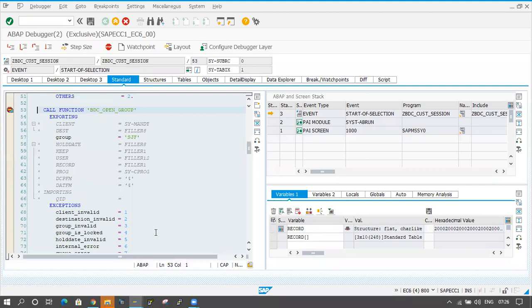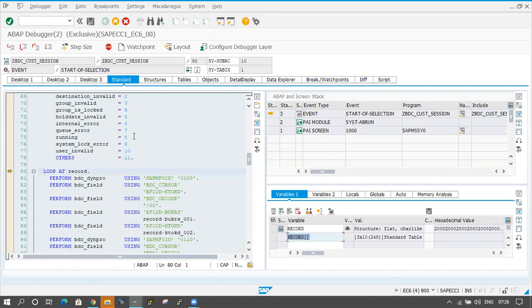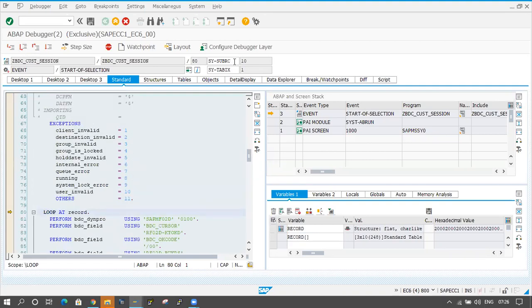Now BDC open group is coming. I am clicking on F6 because I don't want to go inside the function module. The function module is executed, but the sy-subrc value is coming 10, not 0.